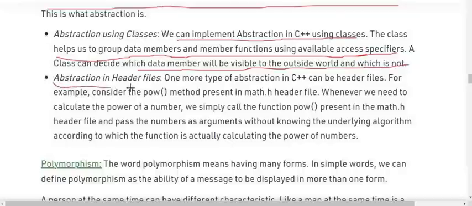Second, we have abstraction in header files. One more type of abstraction in C++ can be header files. For example, consider a power method present in the math.h header file. By the way, pow is a built-in function in C++ which helps us in doing mathematical calculations. Whenever we need to calculate the power of a number, we simply call the function present in math.h